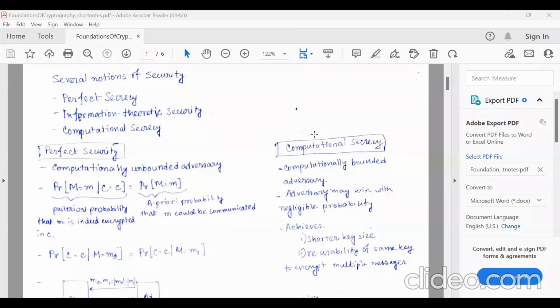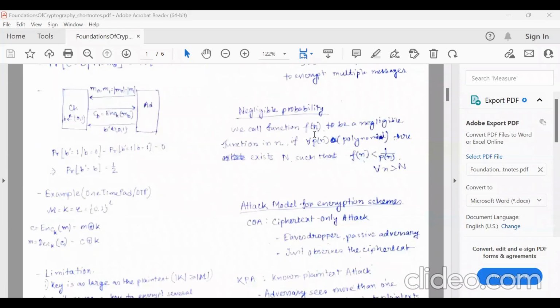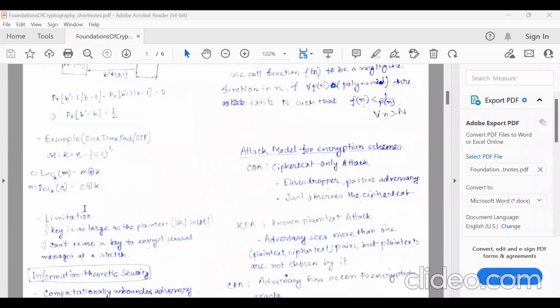Right, now from the perfect secrecy world, there is an example of a perfectly secret encryption scheme, right? The example is called one-time pad or OTP. In OTP, we assume the message space, key space, and ciphertext space, all three spaces, to be exactly the same, that is {0,1} to the power l, which means the space consisting of all l-length binary strings, right? So you have a binary string, that is a 0-1 string of length l. Now, you will encrypt some message M from this